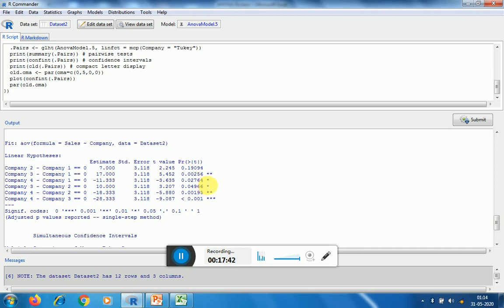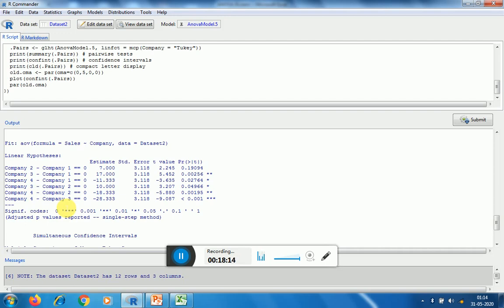Then here also we can say that significant difference exists between company 4 and company 1 at 5% level of significance. Here also between company 3 and company 2 there exists a significant difference between the means at 5% level of significance. Then in these two cases again at 1% level of significance we can say that there exists a significant difference between the means of company 4 and company 2, company 4 and company 3.